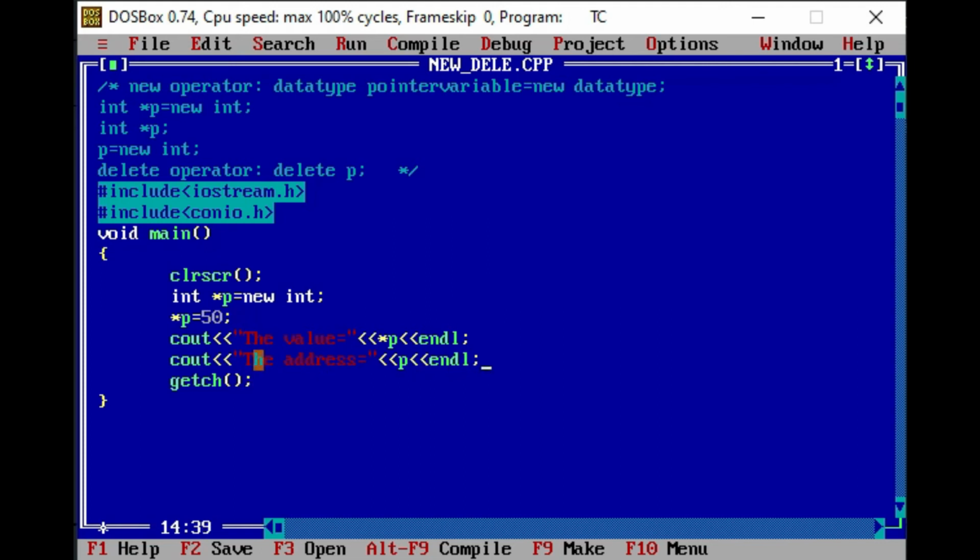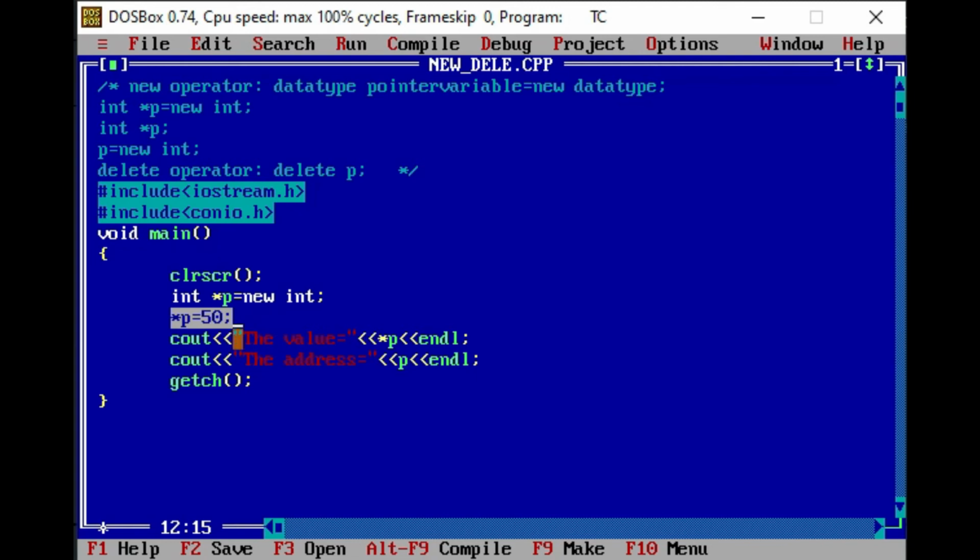So this way the new operator can be used to allocate the memory. In the allocated memory, we can store the data with the help of a pointer, because to refer to whatever memory is allocated here, we have assigned a pointer p. So with the help of the pointer, we have stored the value 50 at that location.